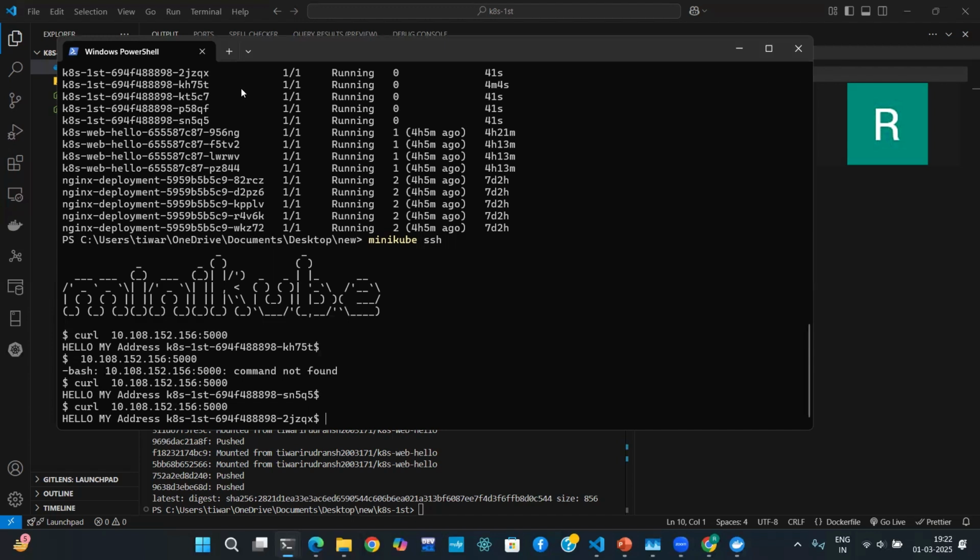Okay, so here you can clearly see the host name is SN5QF5, so it is the fifth container; it could be the second or third, or the first pod. It will take a random one which is available. So if any container is not available, it will not proceed with it, it will go with a single